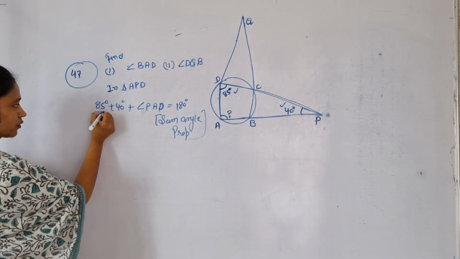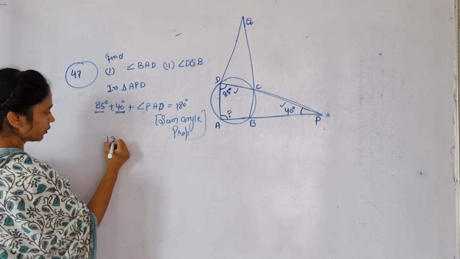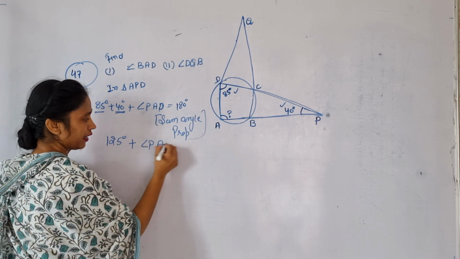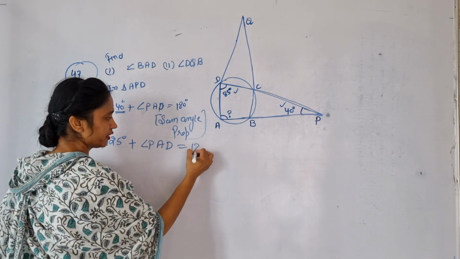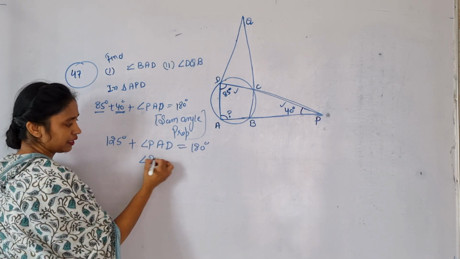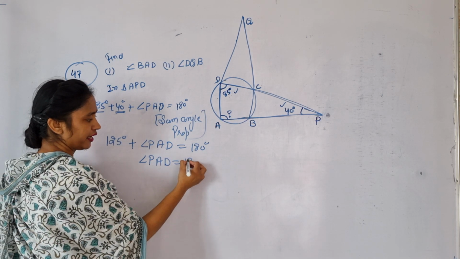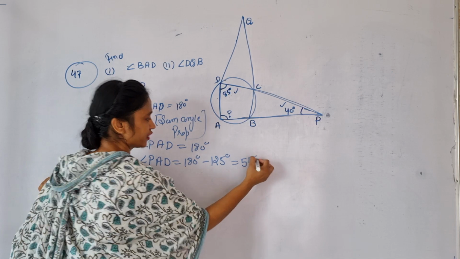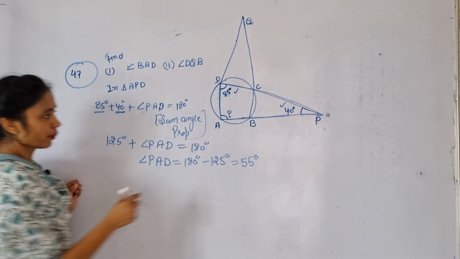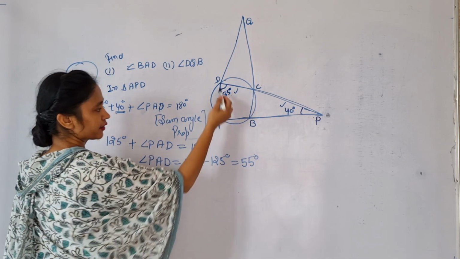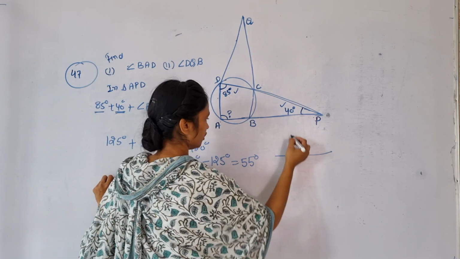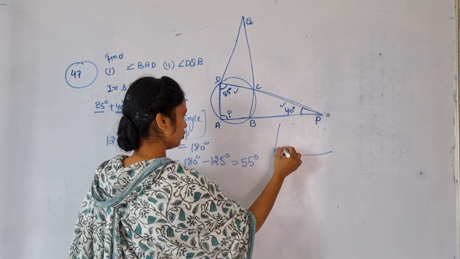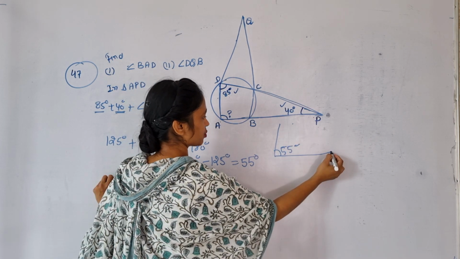Okay, so 85 plus 40, 125 degree, plus angle PAD is equal to 180 degree. Means PAD is equal to 180 degree minus 125 degree. It will be equal to 55 degree. Okay, PAD, I have already told you, if this PAD is equal to 55 degree,